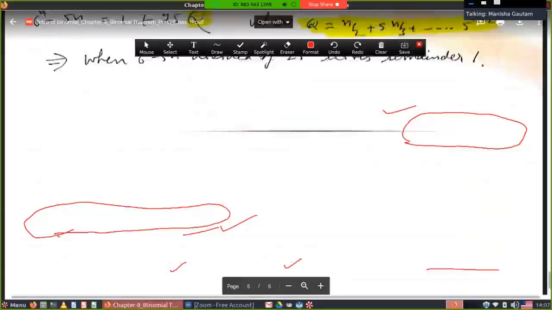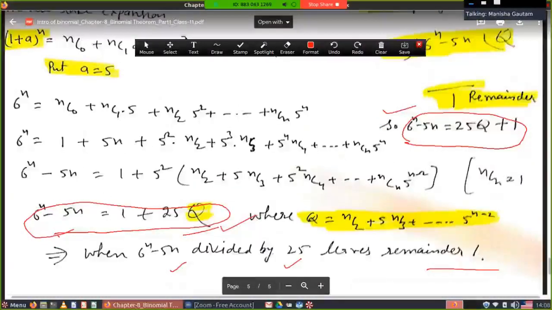Now do the questions regarding the binomial expansion. Exercise 8.1 examples. Try to do the questions of the exercise. If you can do,